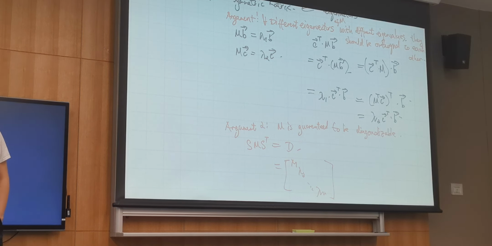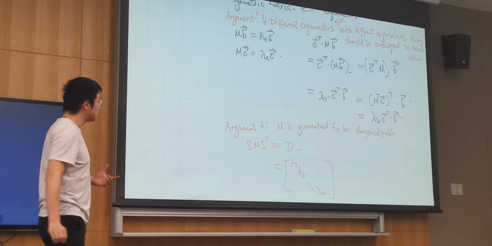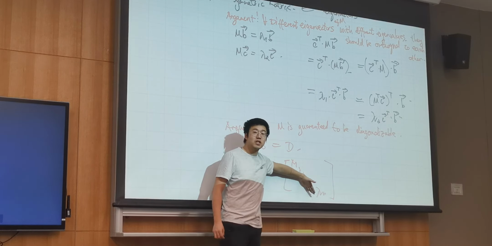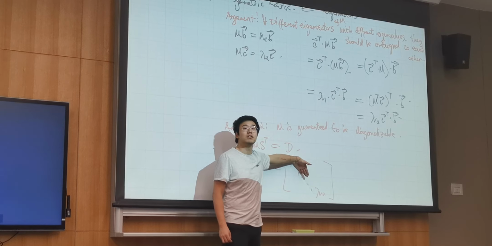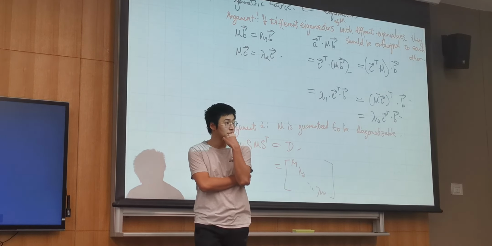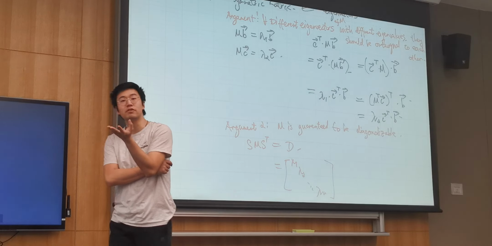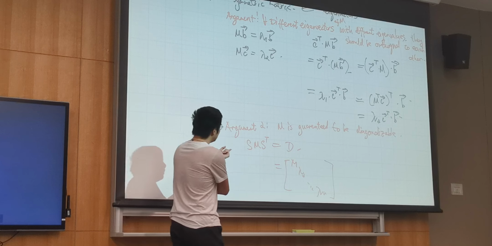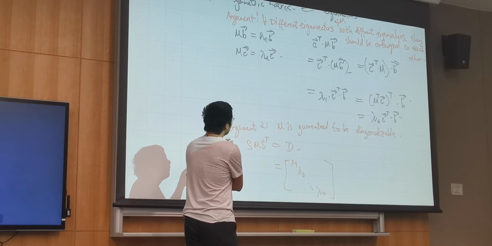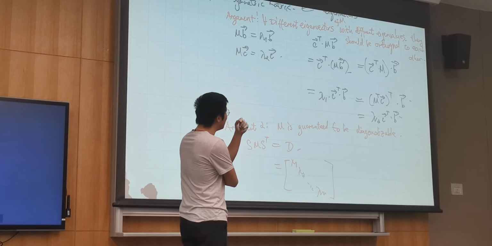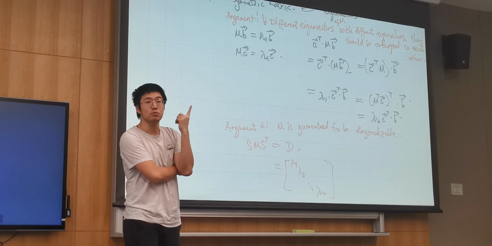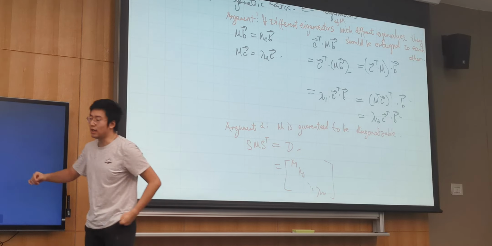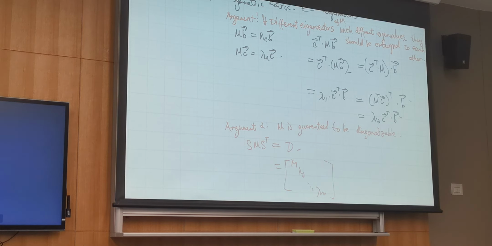Okay. So now, my M is guaranteed to be diagonalizable. That means what? That means that it is guaranteed to have n different eigenvectors. And also we know that any different eigenvectors for different eigenvalues are guaranteed to be what? Are guaranteed to be orthogonal to each other. So that means what? That means that my S is also